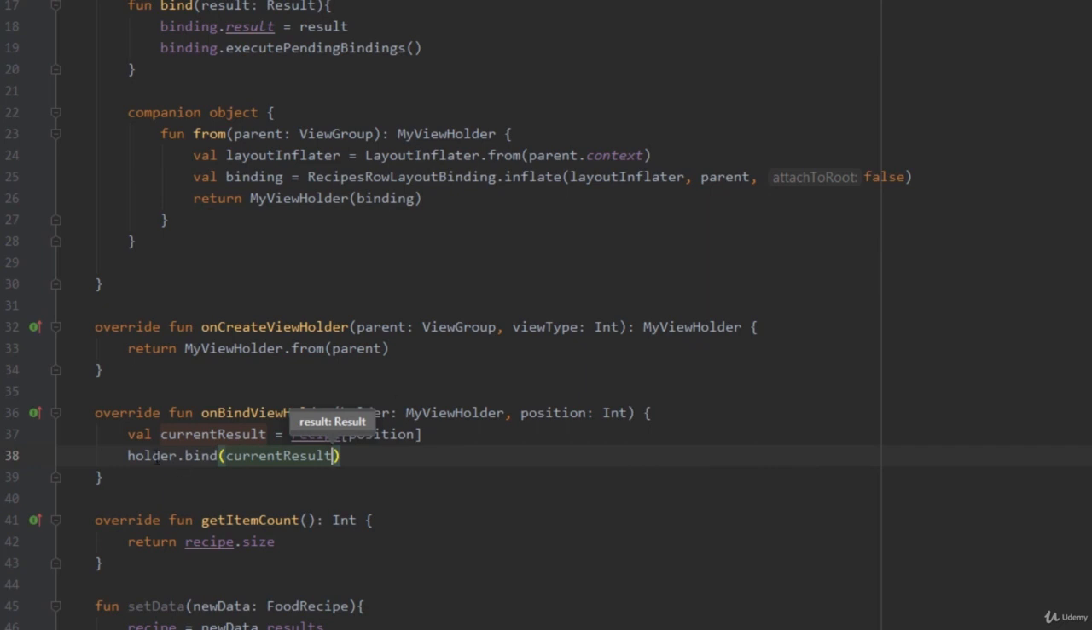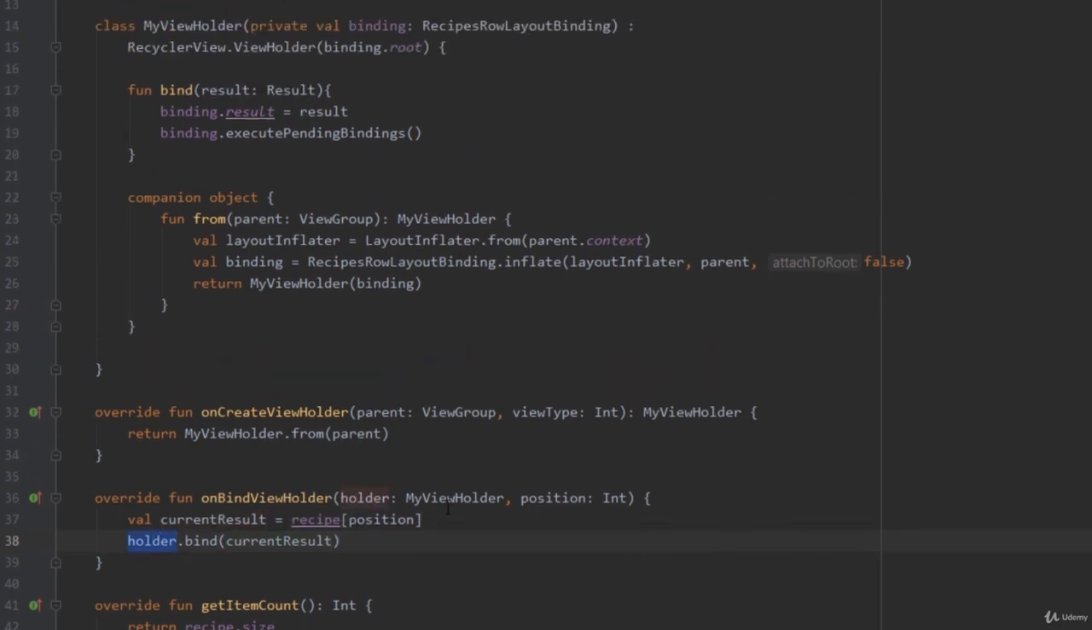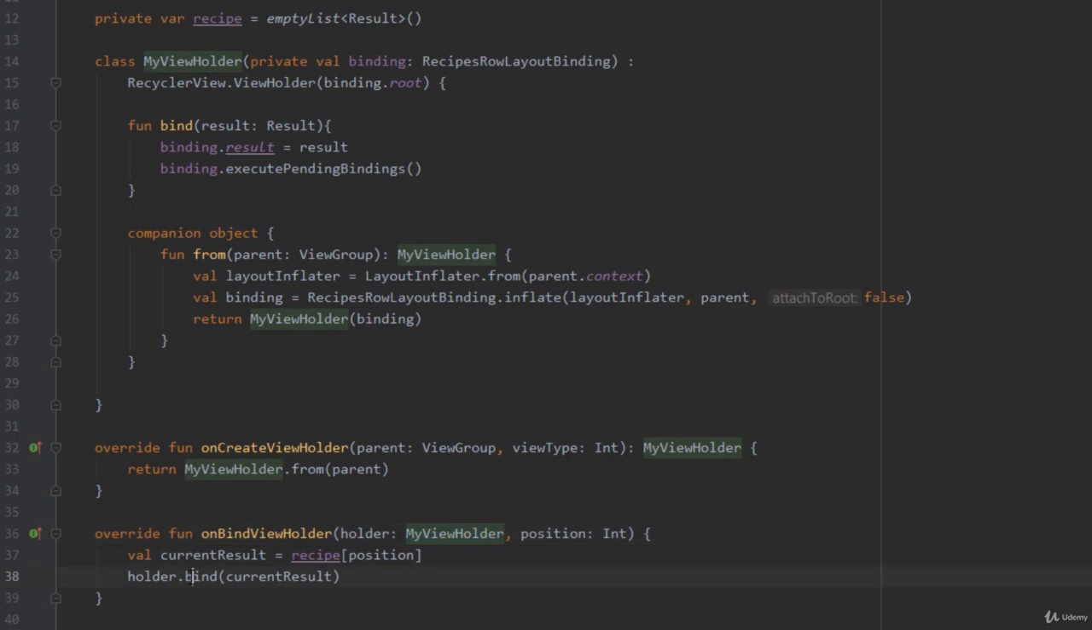Okay, so basically this holder is my view holder, and we need to call its bind function to actually bind our variable from our recipes row layout with this current result from our onBind view holder. So this will make our recycler view update each and every time we receive new data from API. So that will be all for this video, and in the next video we're going to continue working on displaying